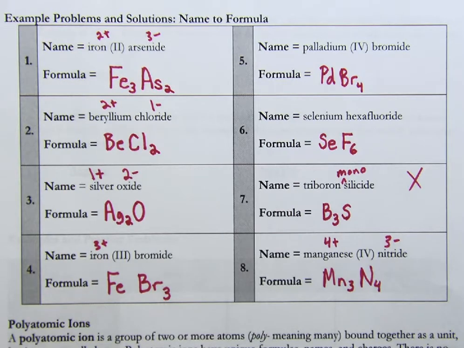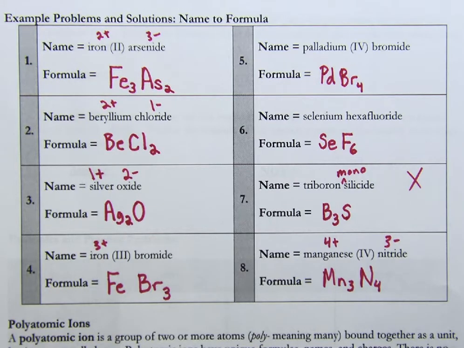Okay, so it's harder to go from a name to a formula than from a formula to a name, but it's good to practice both. Now, as I mentioned, the video is a little bit long. It covers nomenclature, which we have been doing, type 1, 2, and 3. It also covers forming neutral compounds, which we've been doing. And the last part is talking about polyatomic ions and forming neutral compounds with polyatomic ions, or possibly naming with